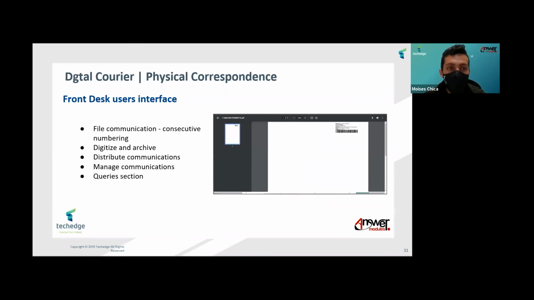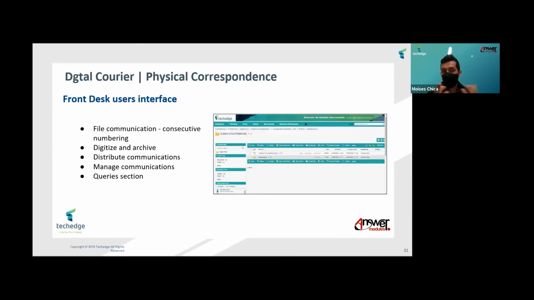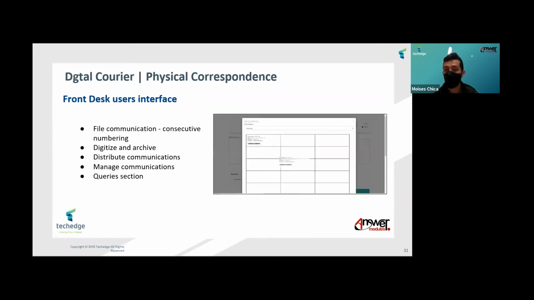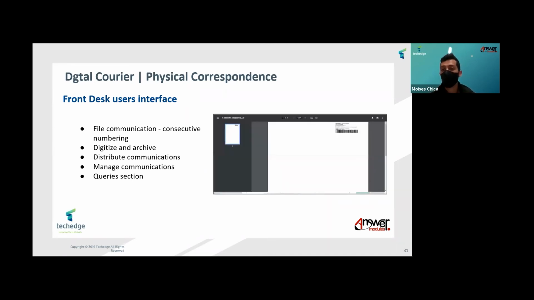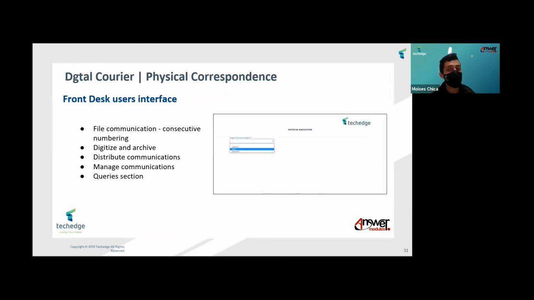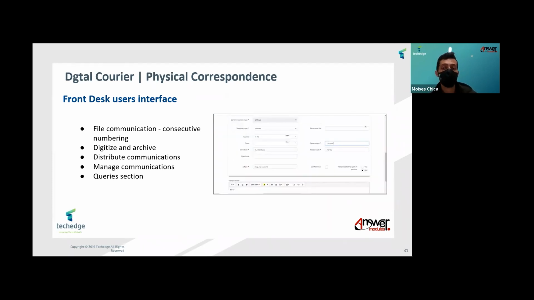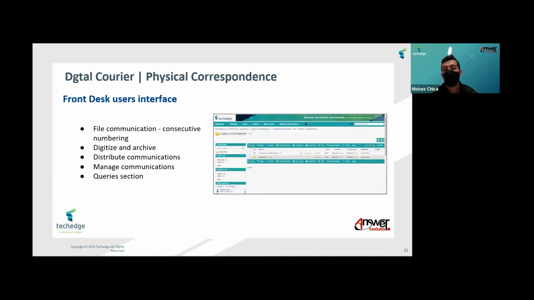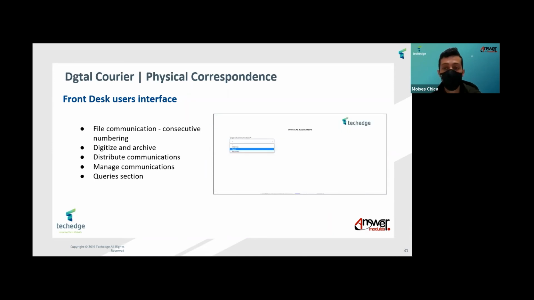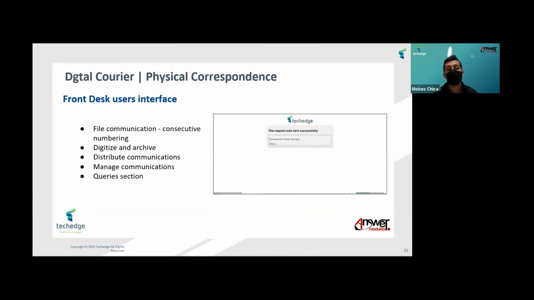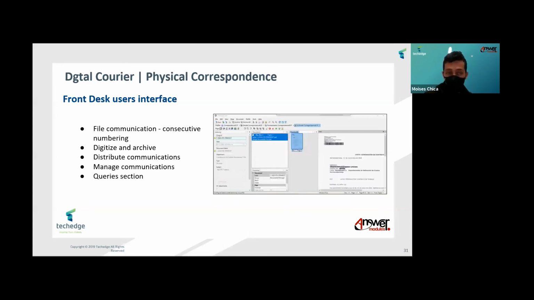The client here, the user here, is the front desk operator. So he has also an interface that will allow him to file internal sent or received communications, generating labels that can be dynamically located in order to overprint them in the communications, in the arrival communications. It also will allow to register return correspondence, for example, in these forms as well, or the outgoing correspondence.